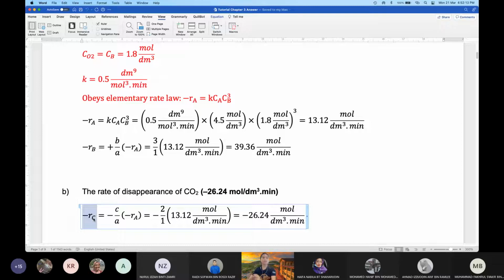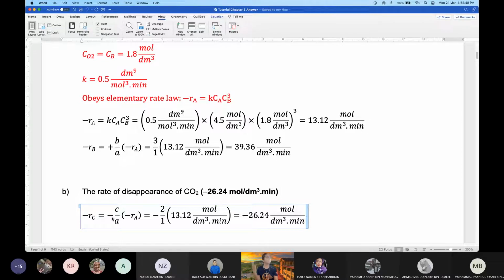So now you know, left part is minus RC. Now you look at the right part, the number pula. Okay, nombor tu kamu kena ingat. Nombor tu boleh jadi positif, nombor tu boleh jadi negatif. Okay, so kamu just kena ingat, dalam case ni, I want to find rate of disappearance. However, in the reaction, CO2 is produced. Okay, kita nak cari kadar kehilangan, tetapi CO2 tak hilang. CO2 is produced sebab CO2 adalah produk. So they don't agree to one another. That's why the number akan ada sign negatif. So nombor tu boleh jadi positif dan negatif bergantung kepada apa yang kamu nak cari dan apa peranan that species